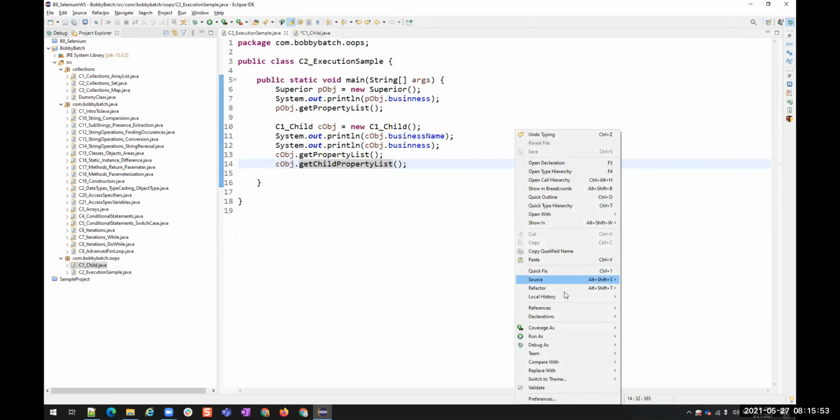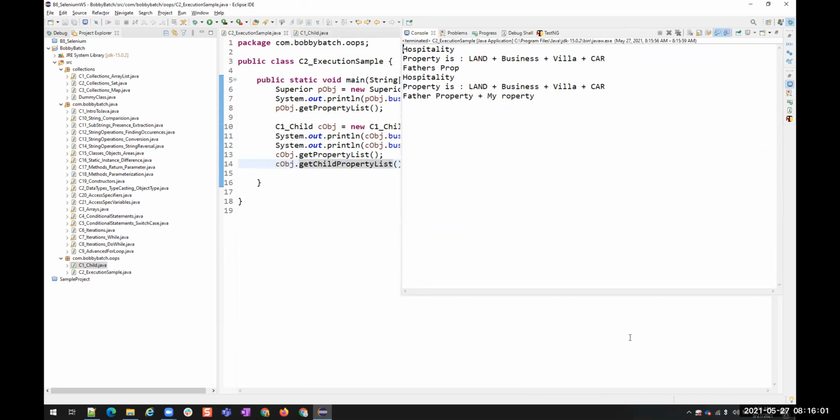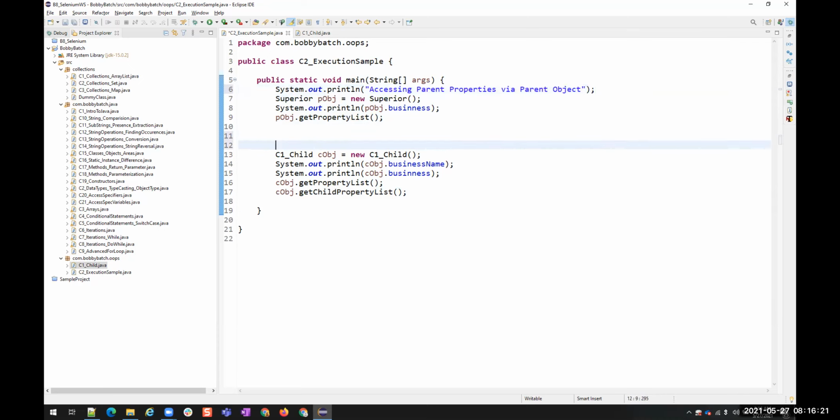Okay, now let me run this. You will see both the properties. I'll add some SOUT statements.